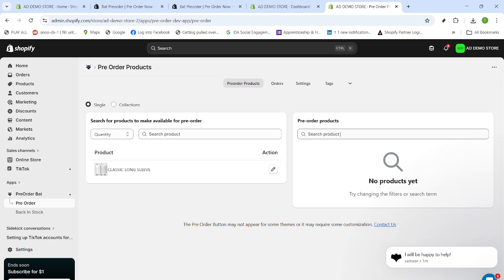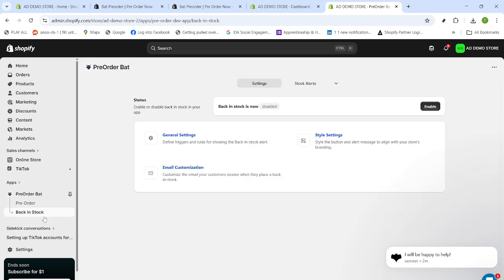When you're ready to complement pre-orders with demand capture, switch to Back in Stock in the app. You'll notice a status message indicating whether Back in Stock is now active. Open General Settings to review defaults, like button text, placement, and notification preferences, so they align with your store's tone